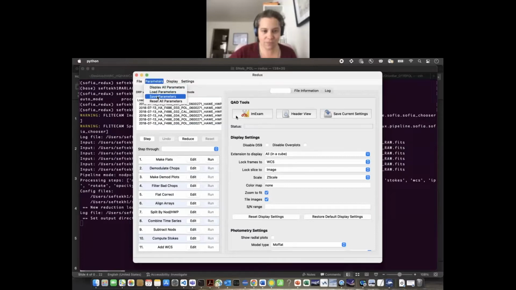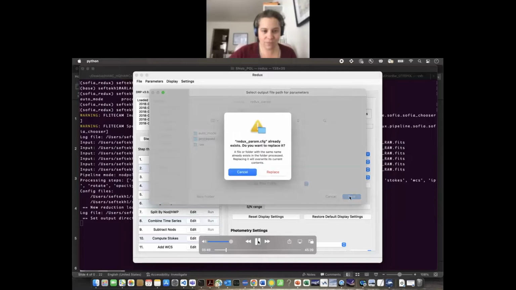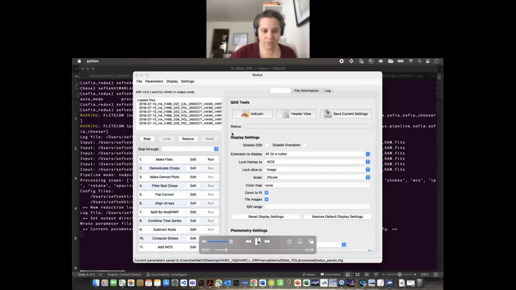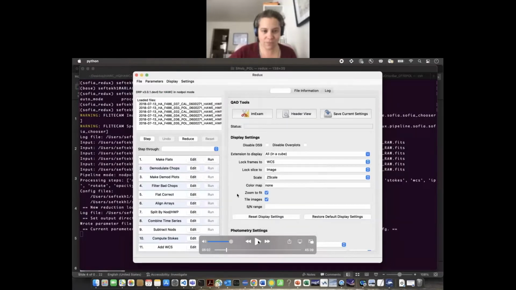For parameters, I'm going to also make sure that all my parameters are saved, and this comes in handy in the end when we're going to talk about doing automated mode and remote running of the pipeline on larger machines for batch runs, etc. The parameters are by default saved in redux_param.config. So I'm going to say yes, save it and replace it with whatever it was. It will save all the default parameters or parameters that I edit. And if I edit anything, I'll be also directed in the